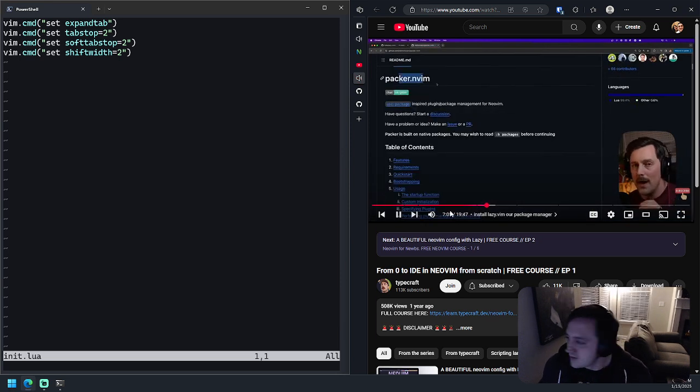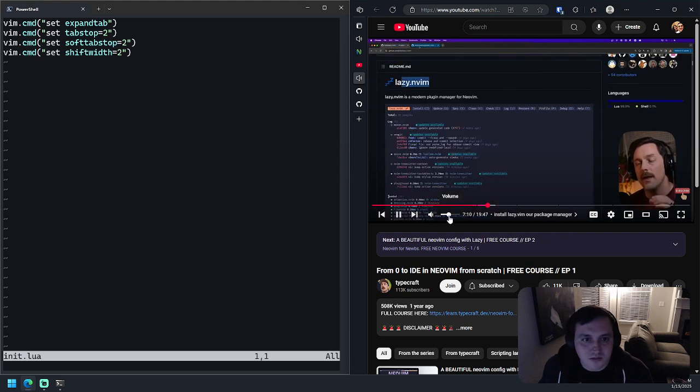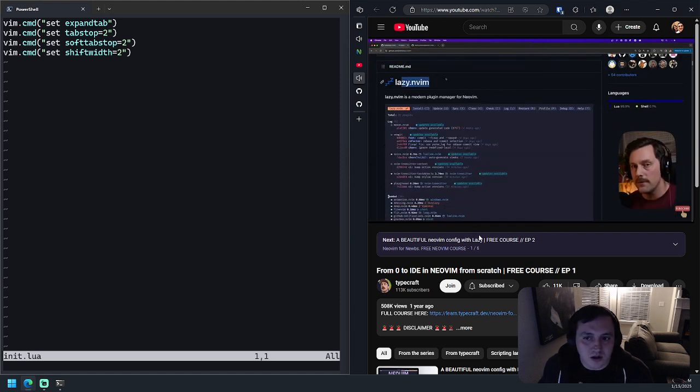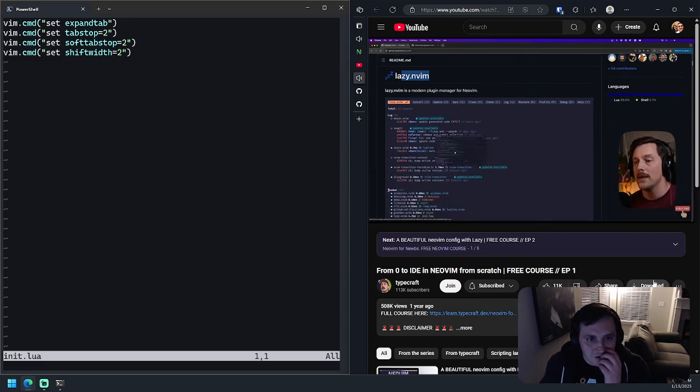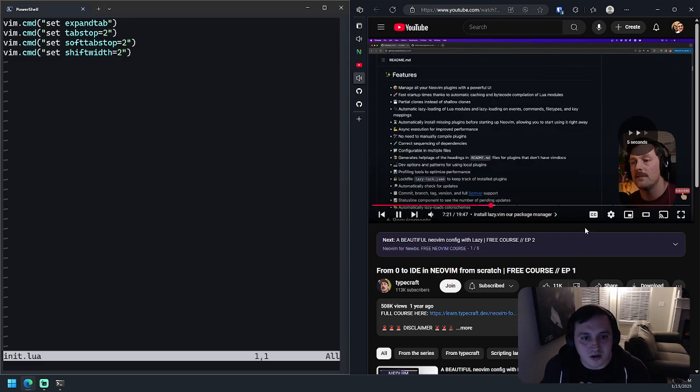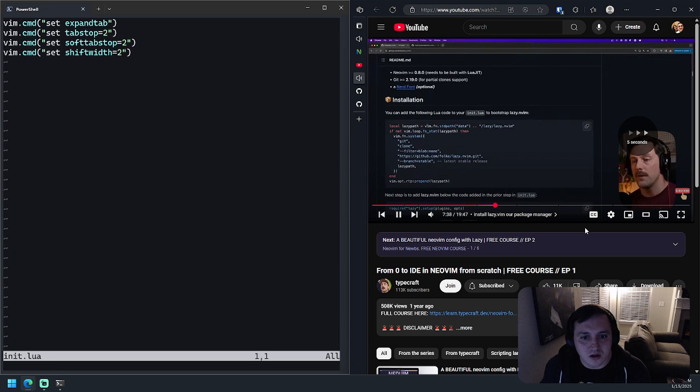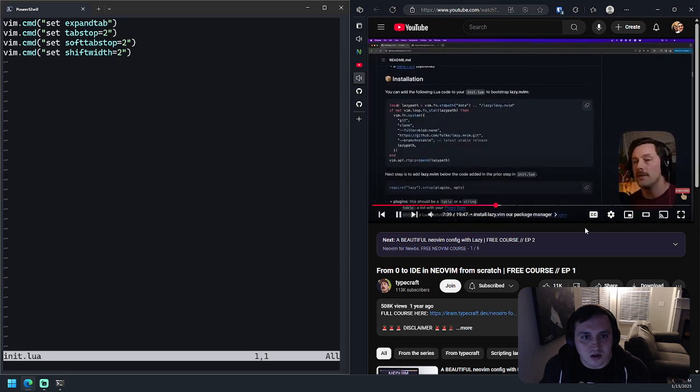Lazy. Believe it or not, I don't think there's a whole lot of difference between the two of these plugins. Lazy.nvim seems to have much better performance and it has an awesome UI. But both of these offer a fairly straightforward init.lua. What you have to do is copy and paste a couple of